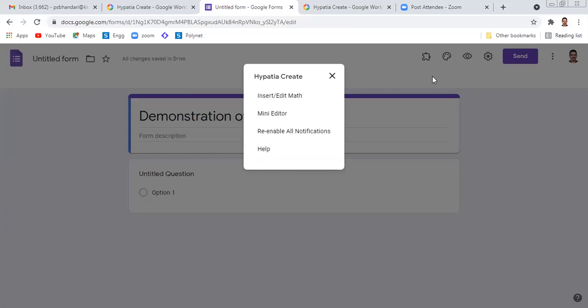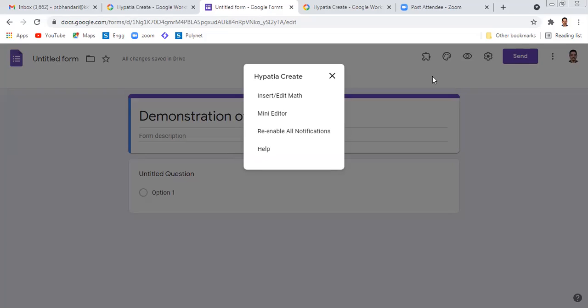Once I click on Hypatia Create, it gives me two options: insert or edit math, or mini editor, and the others are just supporting things. The mini editor can be used side by side, whereas when you click on insert or edit math, it pops up a full window which covers most of your screen or Google Form.